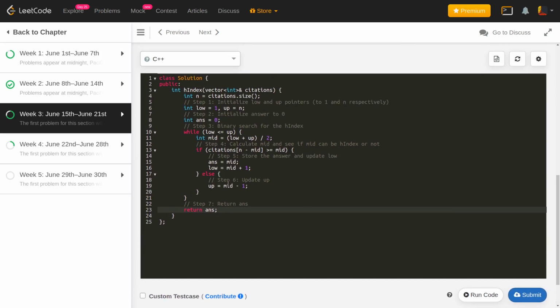So this second part is nothing but a binary search, and the complexity of this second part is going to be O of log n. If you follow the tutorial on binary search, which I have put in the description down below, in case you are not very familiar with binary search, this part is going to be really easy. So I really recommend you go and watch that tutorial.